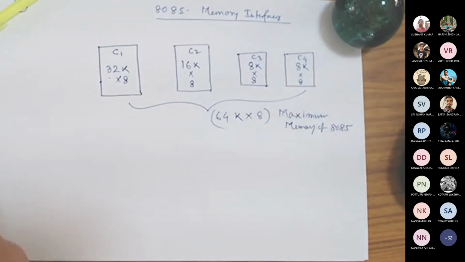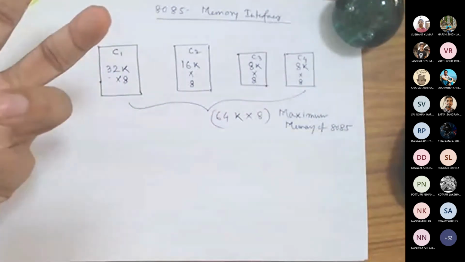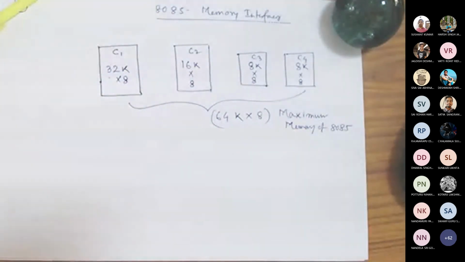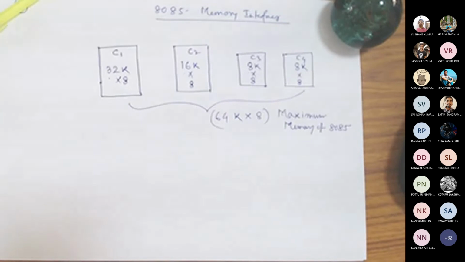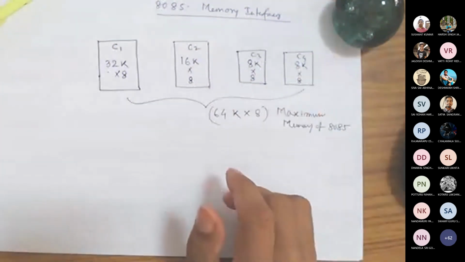The same thing happens with our modern day processor also. When you buy a computer, if it is a 64-bit address, you know that 64-bit address means 2 to the power 64, this much memory is possible. Are you going to get this much memory when you buy it? No. You buy only 8 GB of memory, or maybe 16 GB, or maybe 32 GB. But that is not equivalent to 2 to the power 64 or even 2 to the power 48. It's a huge number. So there are always chances of expanding the memory.